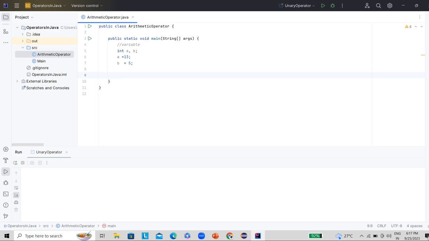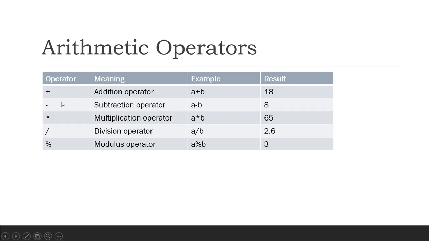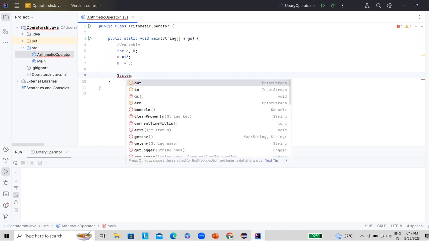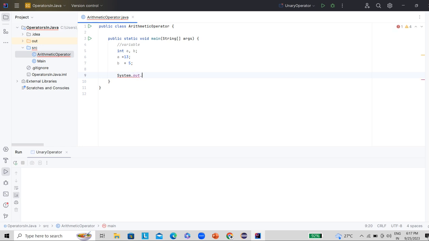Let us see how to perform all these operations one by one. Let's perform addition first. Let's write the statement System.out.println so that it will perform the operation and print it. The first operation is addition.